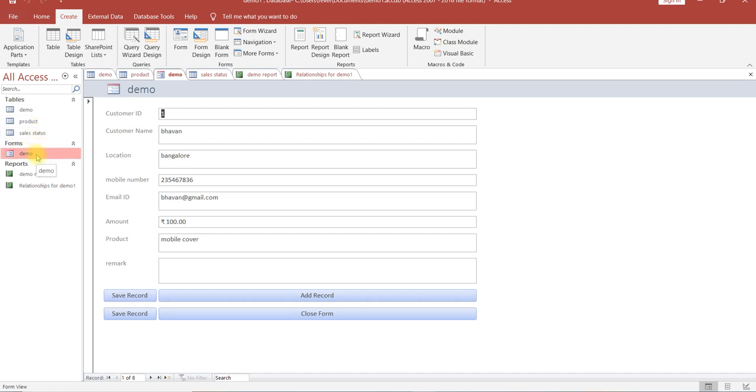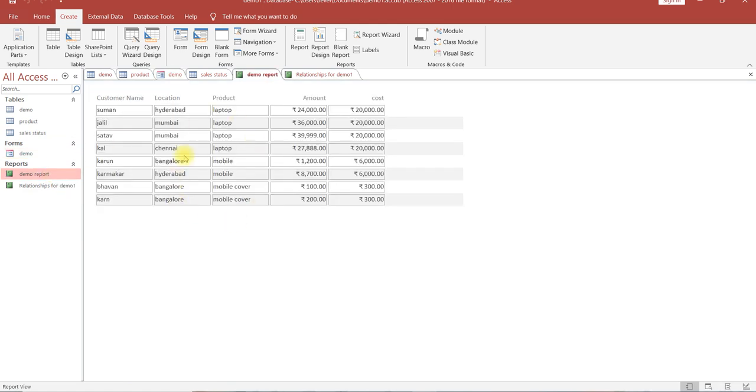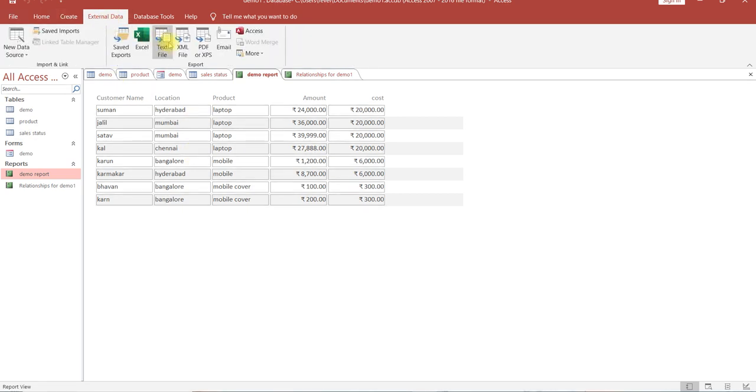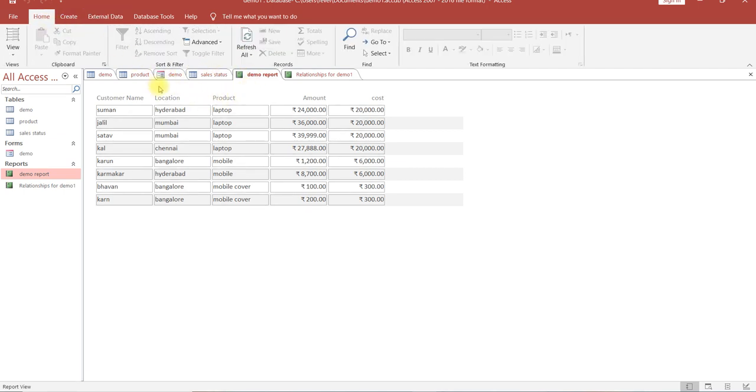Form creation, then relationship creation, as well as creating a report. One more thing: we can connect any external data also. If you have external data, you can connect it to your data. But here we are learning to create data, not to connect external data.